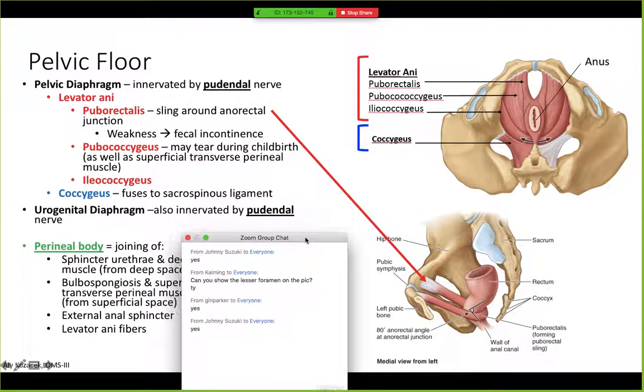So this is a really awesome slide that Allie made. All right, so your pelvic diaphragm, shown in this picture over here, is made up of your levator ani muscles and then your coccygeus muscle. You want to know that the levator ani consists of the puborectalis, the pubococcygeus, and then the iliococcygeus. So even though they cannot tag this on the donor,